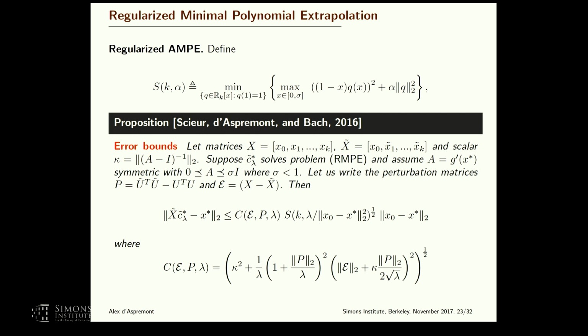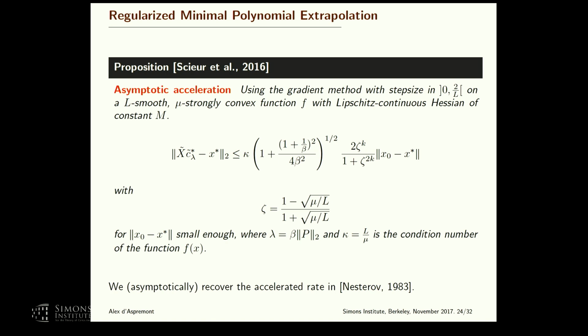So you can extend what was holding in the quadratic case to this nonlinear scenario, and you get a bound that is slightly more obscure. So instead of having the classical linearly converging bound for Chebyshev polynomials, you get something that is a function of a regularized version of the Chebyshev problem, for which we do not have a closed form solution, but that controls the error, plus terms that depend on the regularization parameter, the condition number, and the amount of nonlinearity. So that's a bit obscure, but it turns out that asymptotically, when you're close enough to the optimum, you can clarify a lot of things by fixing the amount of regularization.